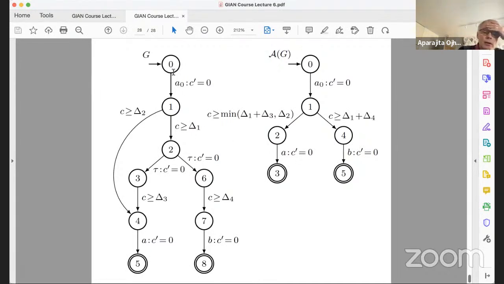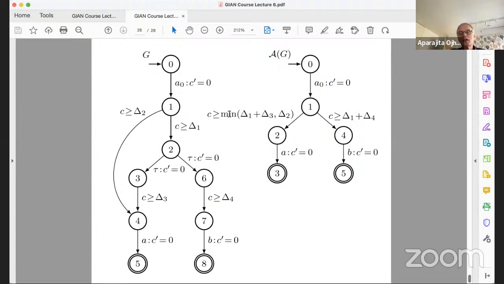And here we have state 5, where we have the reduction that either you can take this route, delta 1 plus delta 3, or delta 2, and then I immediately get into state 4, and then the final reset, and you're in state 5. So this system can actually be reduced to this model,